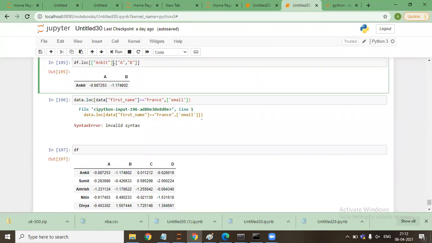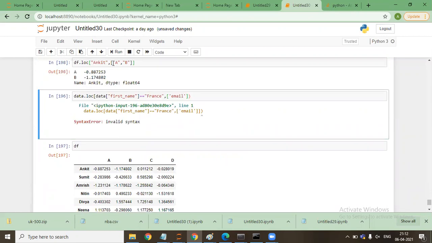We are accessing a data frame now using loc and iloc. When we use this statement, with the square brackets, the output will come in the form of a data frame. If I don't use this, then the output will come in the form of a series.